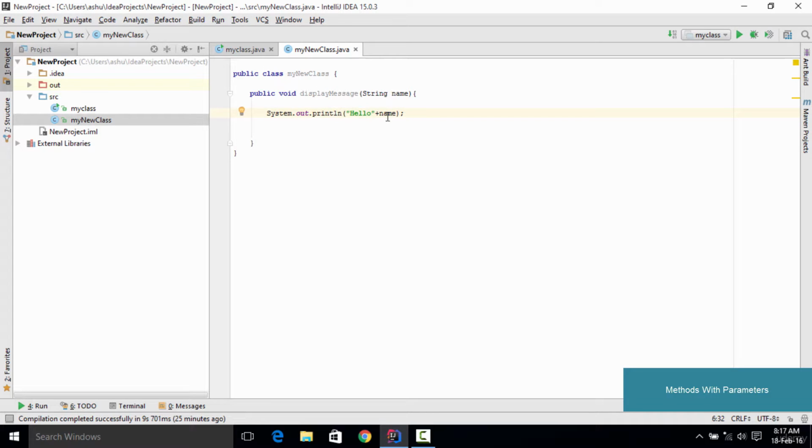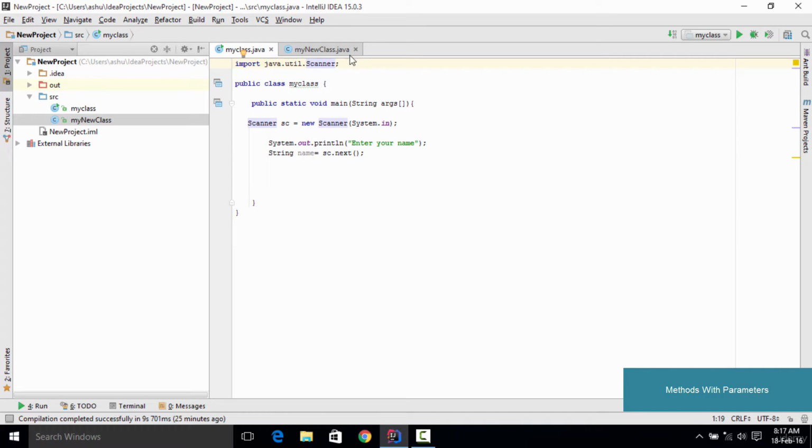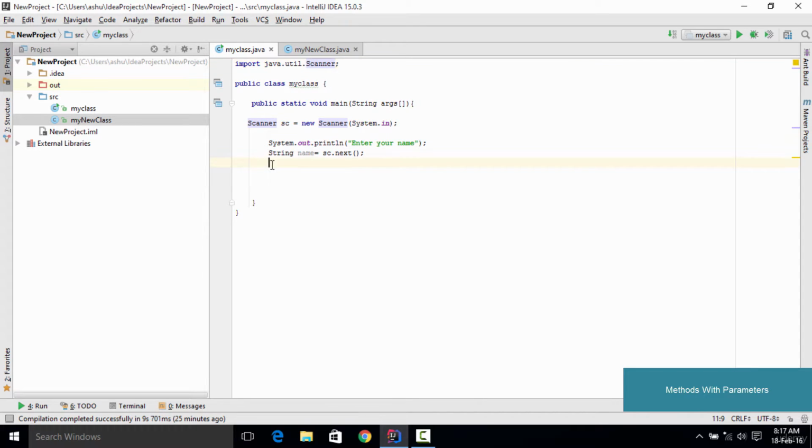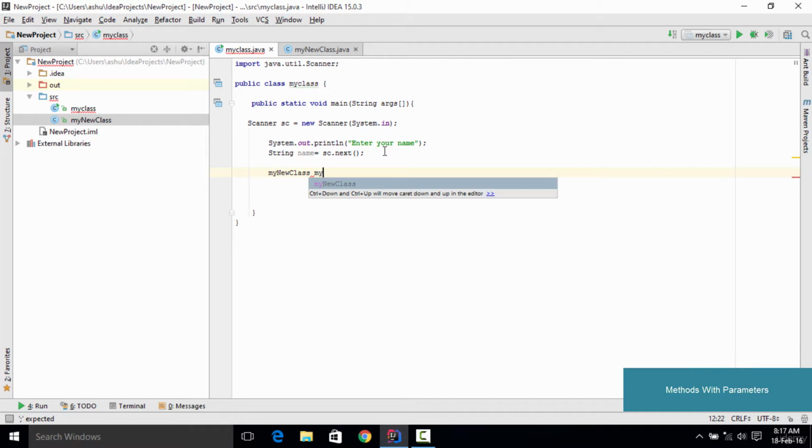Now once we have this method set up, we actually need to call this method inside this class. So for calling this method inside this class, the first thing we need to do is create an object of this class right here. In order to create an object, we type the class name, which is my new class. Then we name the object, let's say, my new class object. Then we type equals